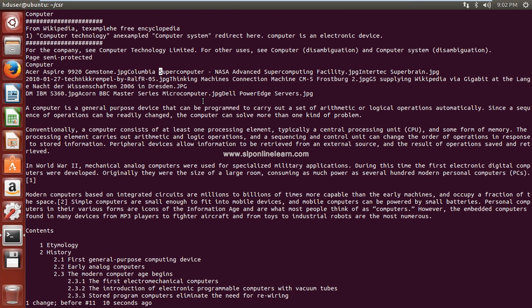See here. I want to replace some set of characters. In that case, you can use capital R. Now use this command, capital R, in command mode.